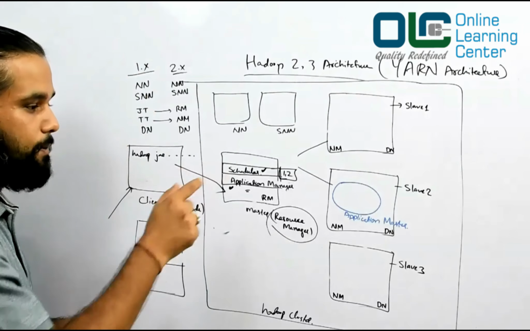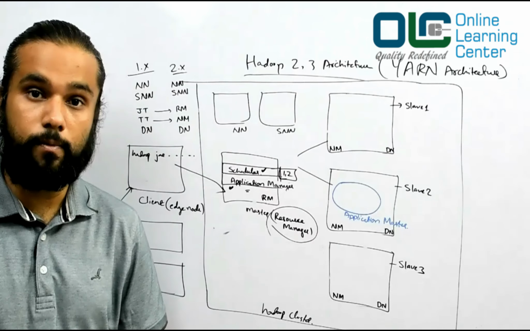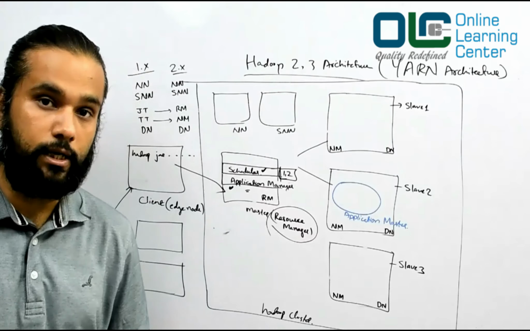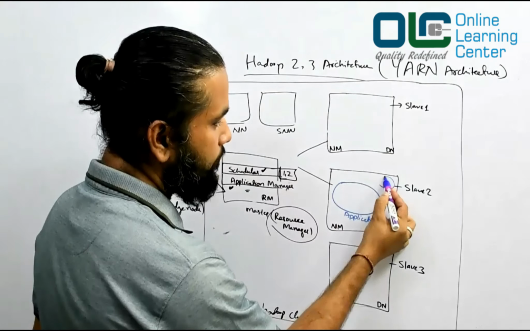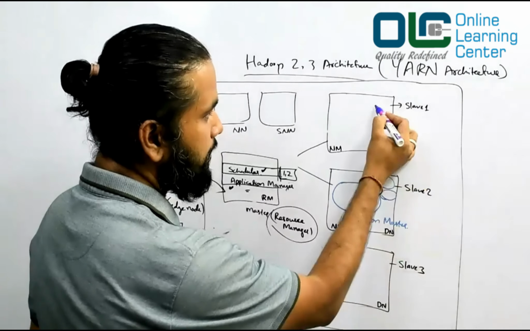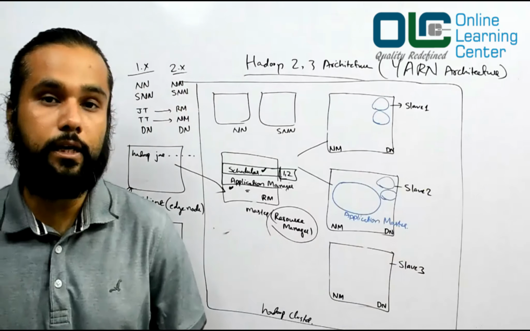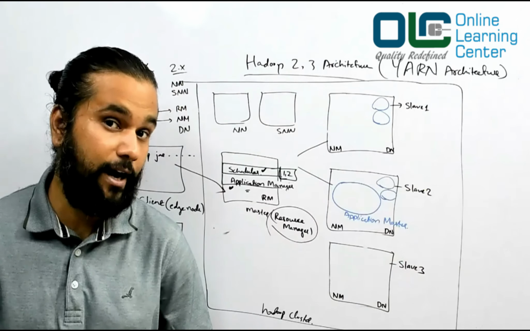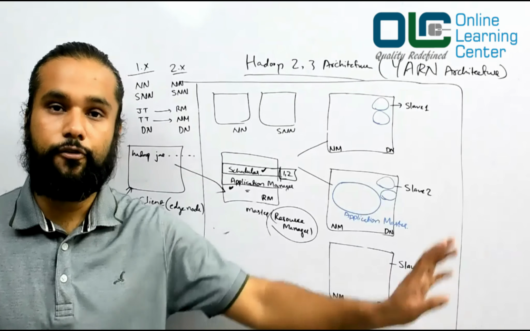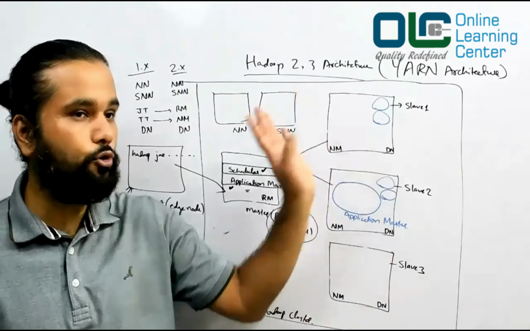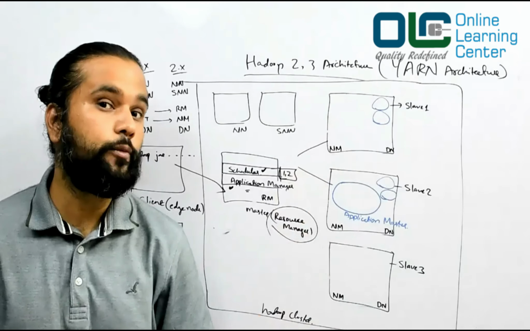So now this application master needs containers to run the job. The job cannot be executed without a container. So this application master says, okay, I need a container. I'll have 1, 2 containers here. Probably I would have 1, 2 containers probably here. And what is a container? A container is just a JVM, a virtual environment where you will have a few cores and a few memories allocated to do your task, right? So containers are basically the JVMs wherein the job would be executed.